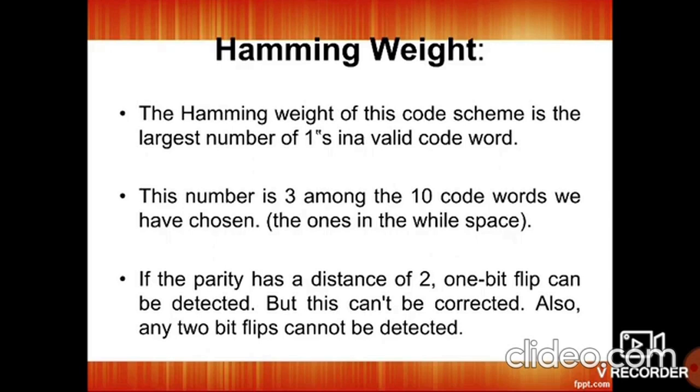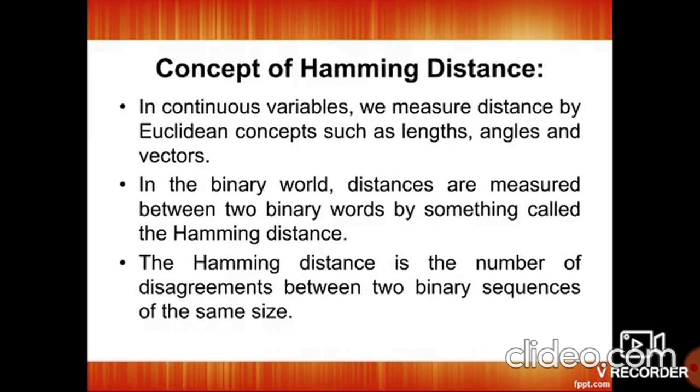The Hamming weight of the code is calculated as the largest number of ones in a valid code word. We have to count the number of ones. The number of ones in a code word is called the Hamming weight. If the largest number is 3 among the code words we have chosen, then we can say the Hamming weight is 3. If the parity has a distance of 2, one bit flip can be detected, and one bit flip can be corrected. There is one formula for the Hamming code rate or code rate: